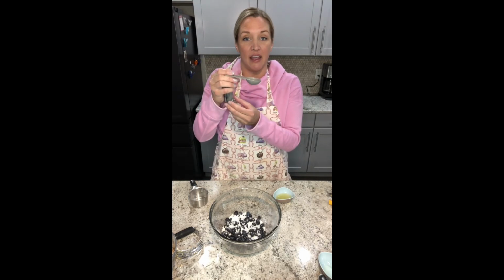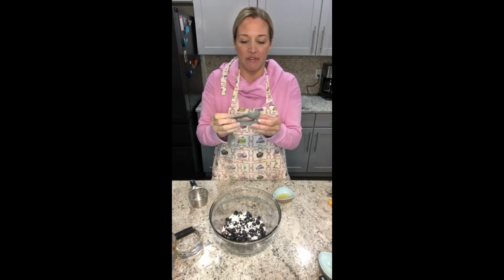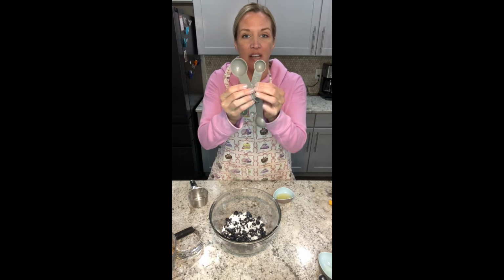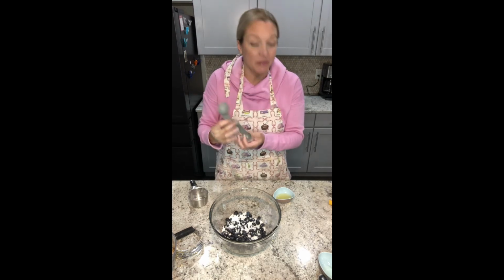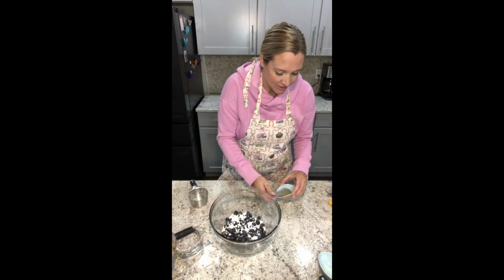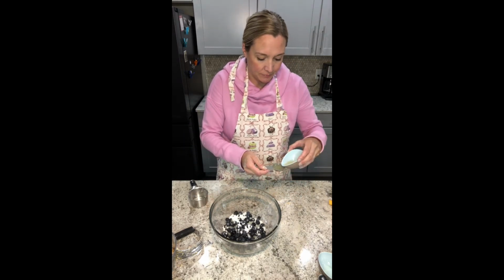So just as a note, the tablespoon is capital T. That's the bigger of the spoons, whereas a teaspoon is the smaller of the spoons. There are 3 teaspoons in 1 tablespoon. So 1 tablespoon is a lot more than a teaspoon. So just make sure, 3 times as much, make sure you're using the right measuring utensil. So I'm gonna sprinkle in 1 tablespoon